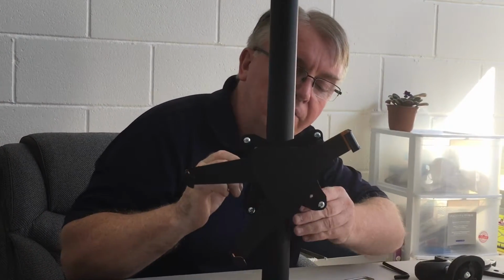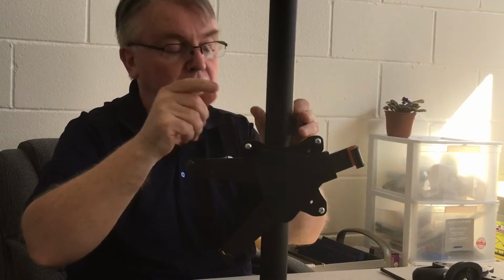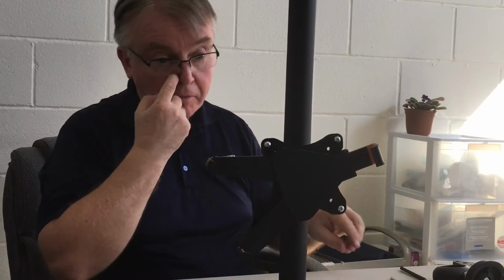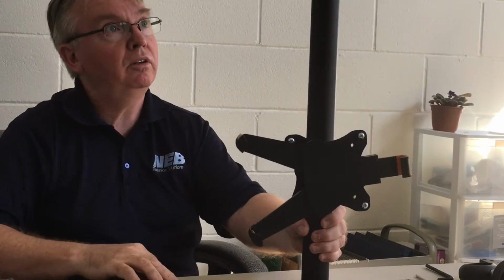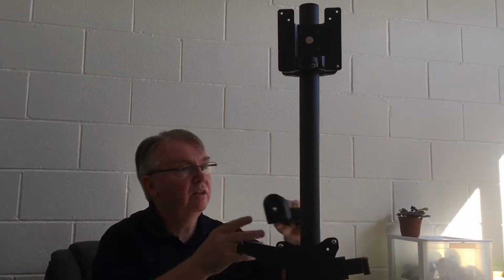The Allen key, just tighten them up, and then that will hold the VESA adapter on. Now it's not going to pop off on you. Okay, so now we've got the pole. We would have our third clamp here, like so, and